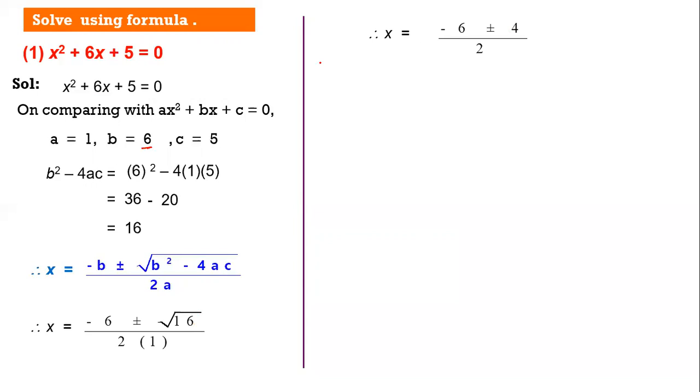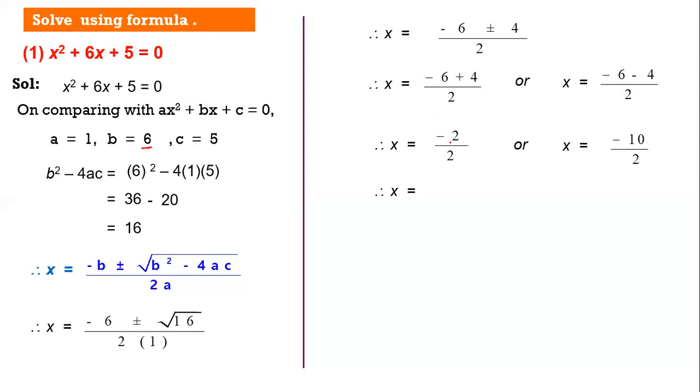Now what we will do is, we know we have learned it in completing the square method, when there is plus and minus we separate them. So we can say x is minus 6 plus 4 upon 2, or x is minus 6 minus 4 upon 2. Minus 6 plus 4, we know the signs are different, we will subtract them, and sign of the bigger number. So 6 minus 4 is 2, and minus 2 upon 2. Similarly, minus 6 minus 4, both are same sign, we'll add. 6 plus 4 is 10, sign of the bigger number, so minus 10 upon 2.